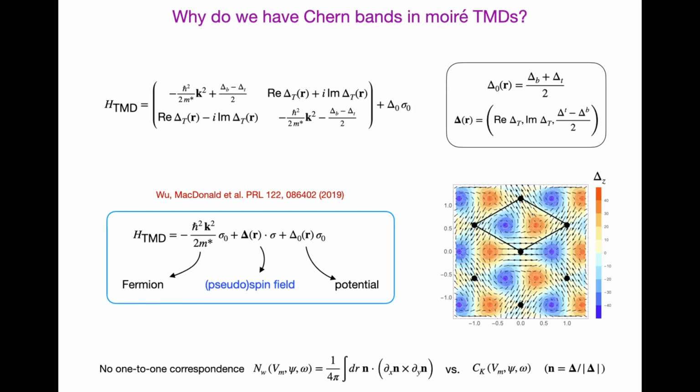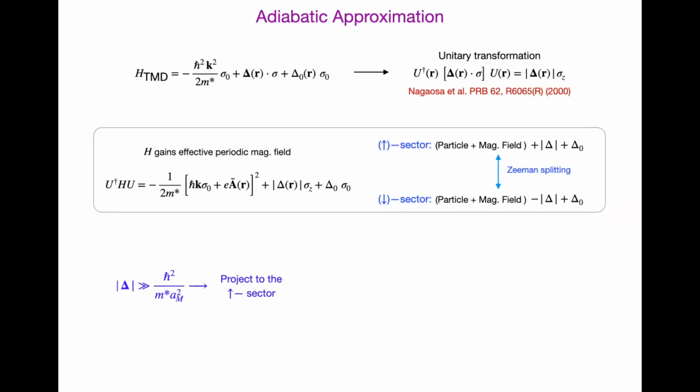Now, the winding number of this skyrmion does not always coincide with the Chern number of the topmost band. There are additional requirements that are needed, and that's what I'm going to try to tell you in the next few minutes. So in order to do it, let me take this Hamiltonian and apply a unitary transformation. So at every point in space, I will rotate the direction of the skyrmion to point in the plus z direction. And when you do that, the